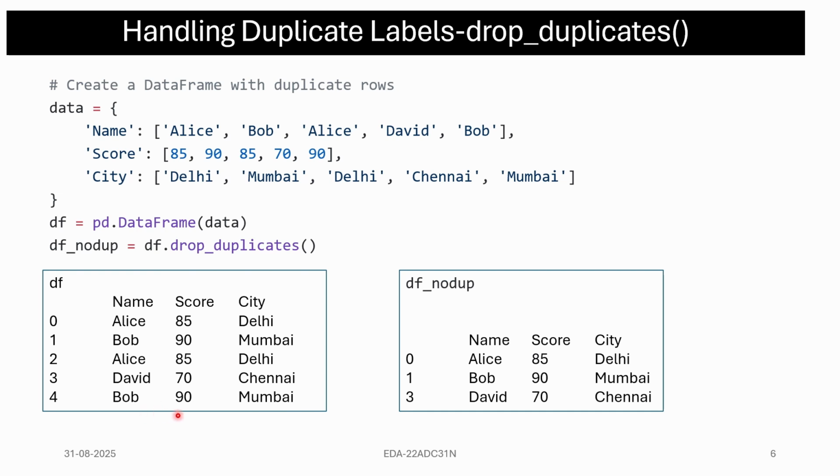Even if one mismatch occurs in any of the columns, we don't call it a duplicate. So this drop_duplicates is useful only when all the values in all the columns are matching. Only then you can use drop_duplicates. So the summary is